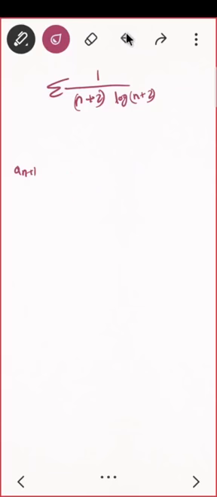What else? What is left then? We don't have anything else. We have only the comparison test, limit comparison test, and what not. That is the ratio test, root test. Is anything else left? It is not a geometric progression, this is not a geometric series. So how will you decide the convergence? Yes, anybody?